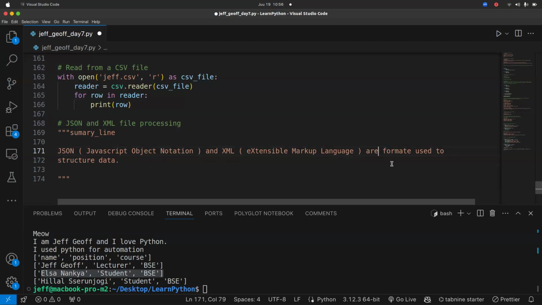Our formats are used to structure data. Now the grammar is okay. Our formats are used to structure data. Now, one thing you should know is that Python provides libraries like JSON, XML, and ElementTree